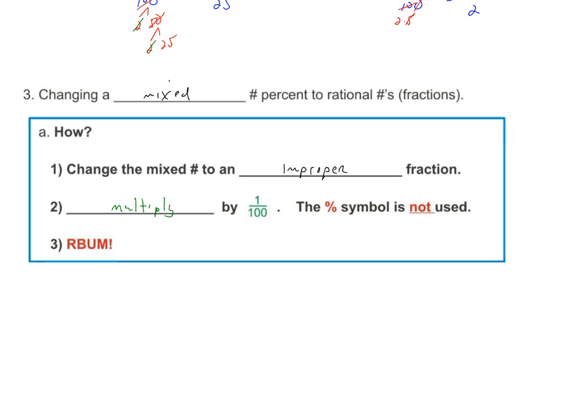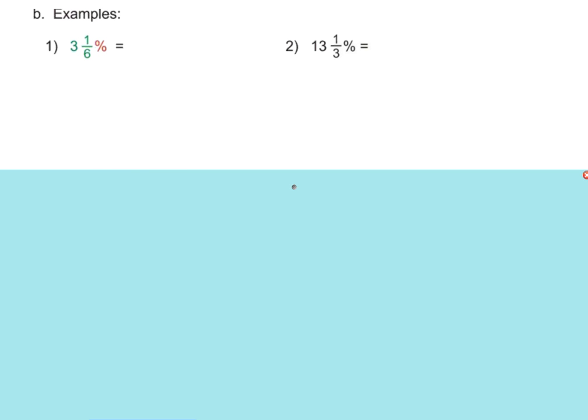Always look to reduce. So really, it's the same concept. We're dividing by 100, but we're going to do it in the form of multiplying by 1 over 100. All right, so we got 3 1/6, and we're going to go ahead and convert this to an improper fraction. So we all know 3 times 6 is 18 plus 1 is 19. So we have